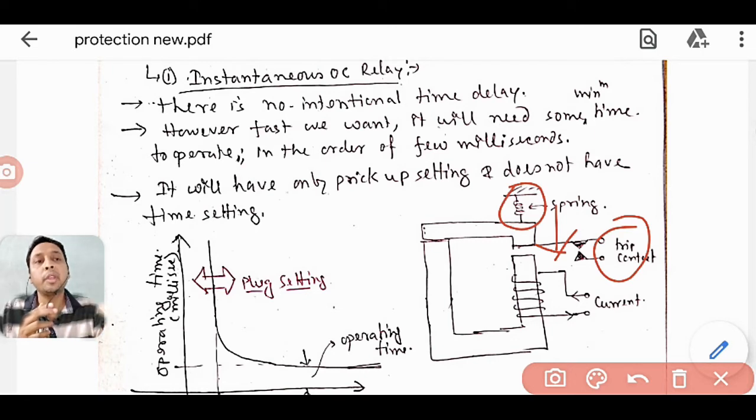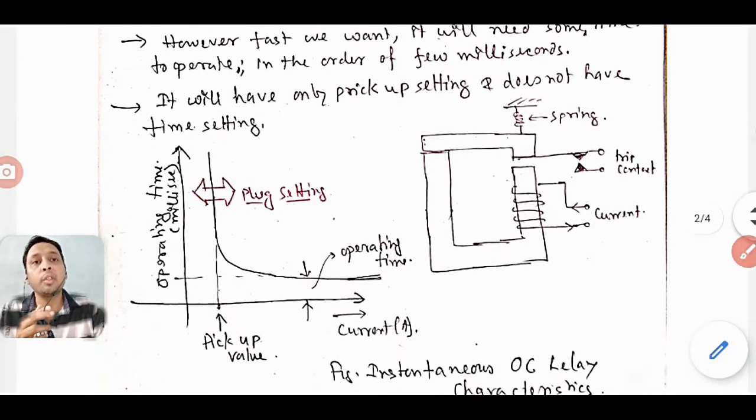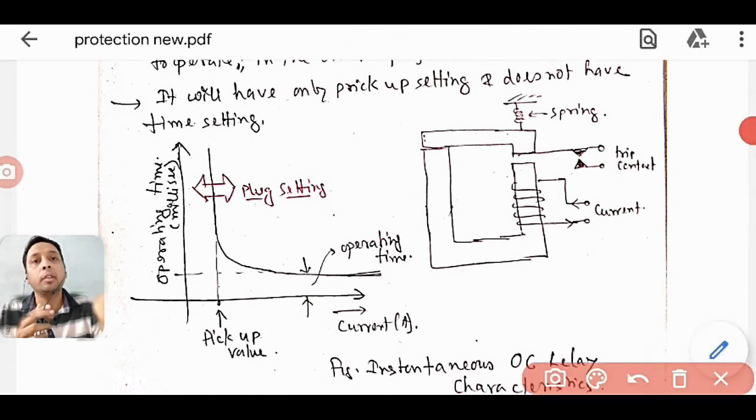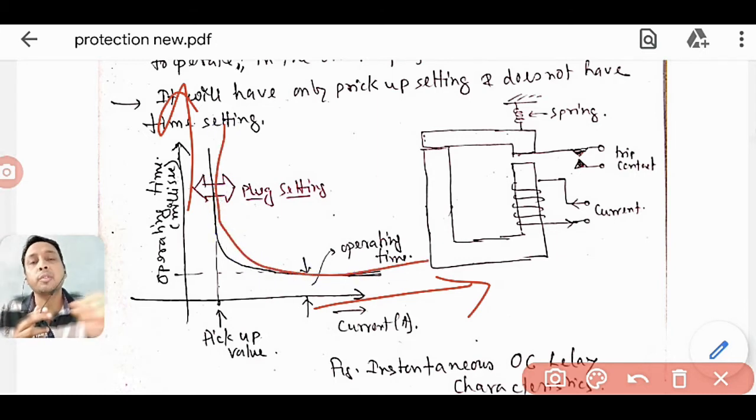So there is no intentional time delay. You can see it here. If there is a fault, it should come down, it should touch. That's it. So you can see the characteristics. The operating characteristic is always between your current and how much time it will take. So it will always be asymptotic, like your fuse, because a fuse gives the natural sense: more fault current, more fast. Initially it is at the pickup value, then it will start reducing inversely. Then after a particular value, it will be fixed,